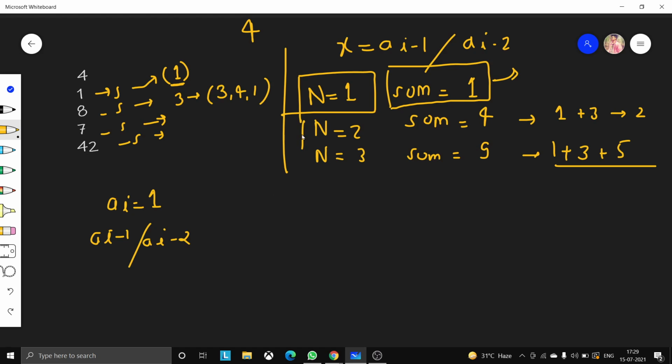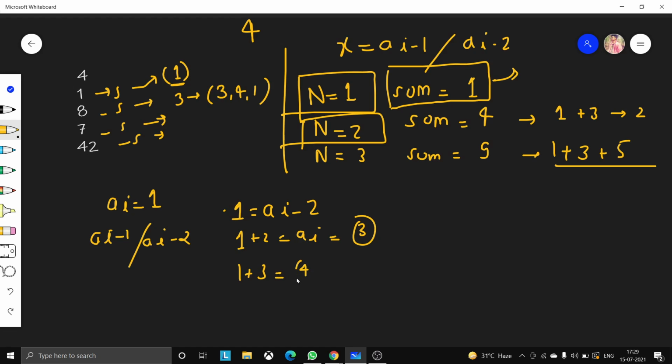And again, if n equal to 2, then the maximum sum could be 4 only, because for example, if our first element is 1, then ai minus 2, so our ai will become 3. So the sum will become 1 plus 3 equal to 4.